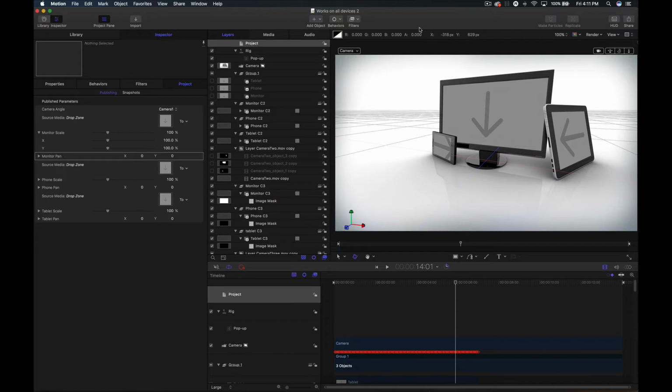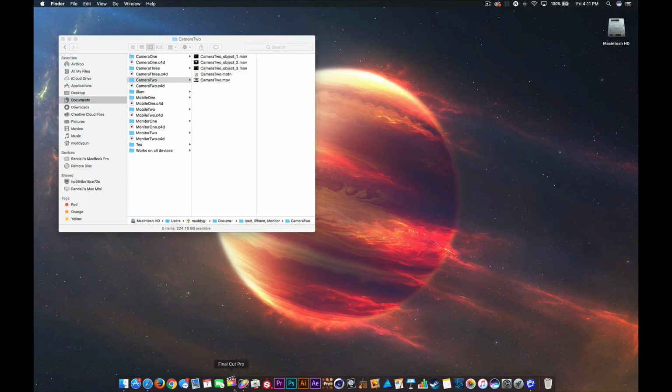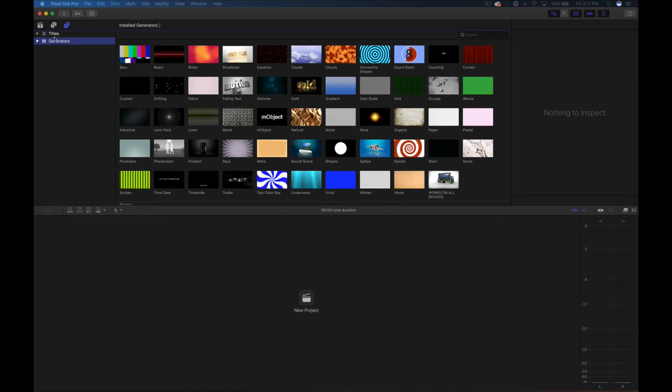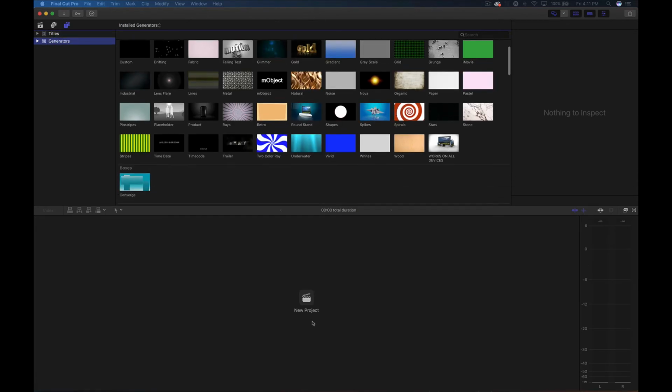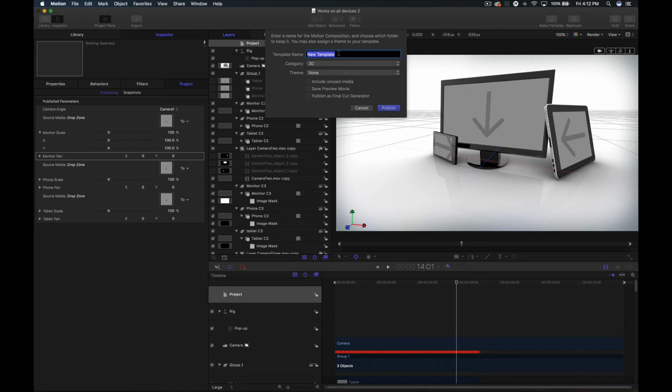Alright, so let me show you what it looks like in Final Cut. This will be a different one, but it's essentially the same. It's got the same parameters and everything's the same. But under generators, you have to save it. First off, I should save this. You have to go to file and publish template, and that way it will be viewable in, I mean, in Final Cut. It won't be viewable if you just save it. You also have to make sure you publish as a Final Cut generator. That is another key thing, and of course, give your own